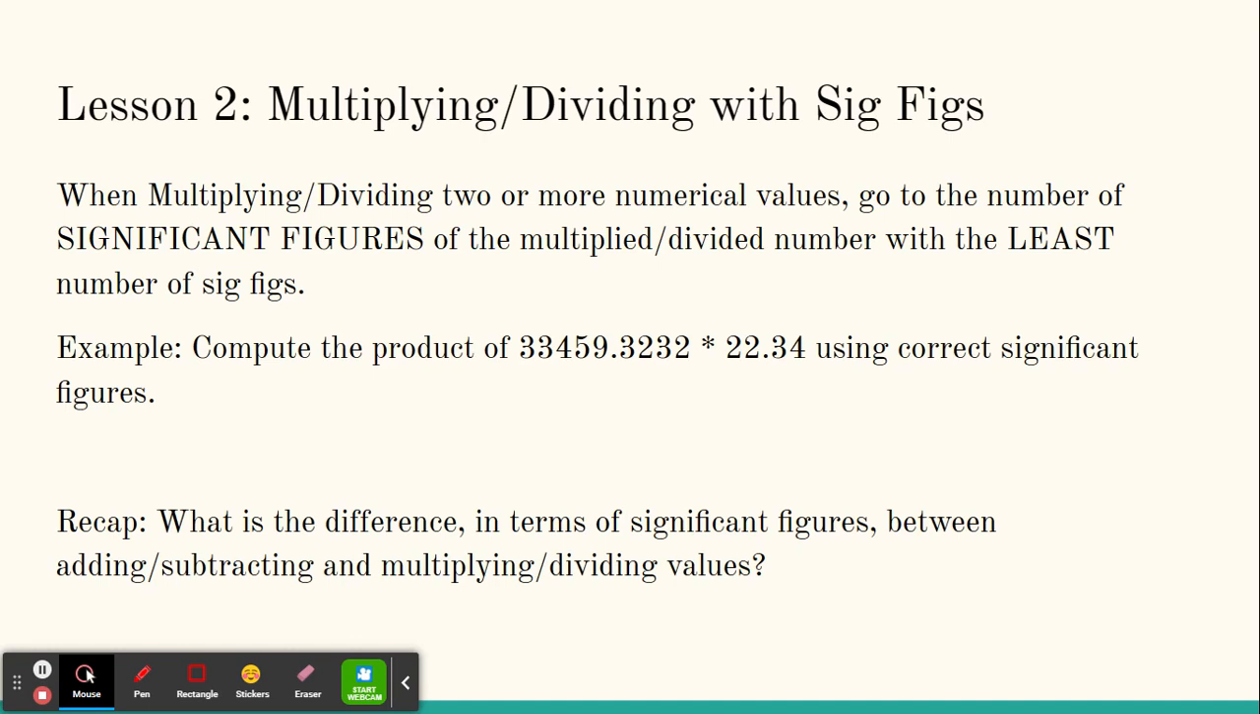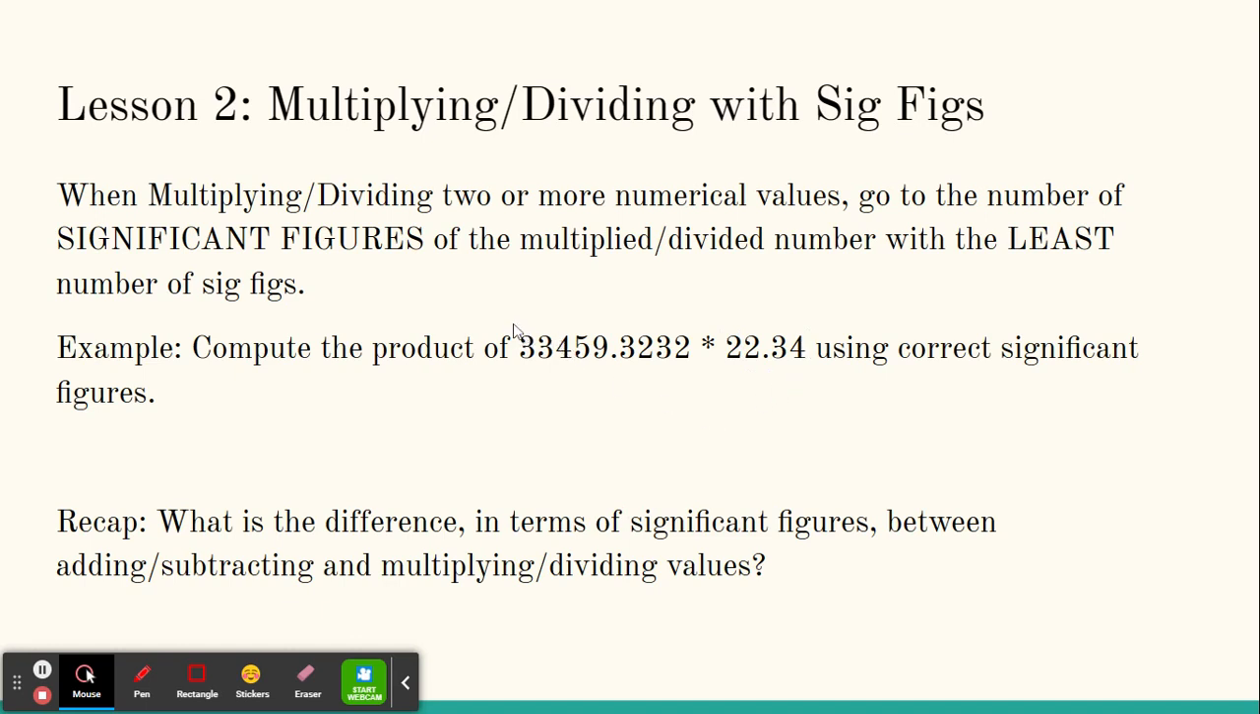Now, when multiplying or dividing with significant figures, the answer will have as many significant figures as the numerical value with the least number of significant figures that we multiplied or divided. So if we were going to compute the product of 33,459.3232 times 22.34 using correct significant figures, the answer would have four significant figures, because this 22.34 has four significant